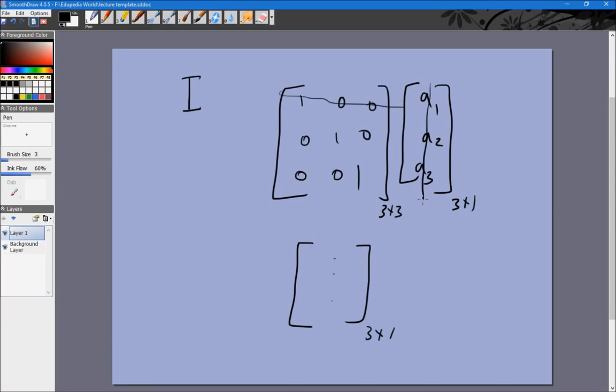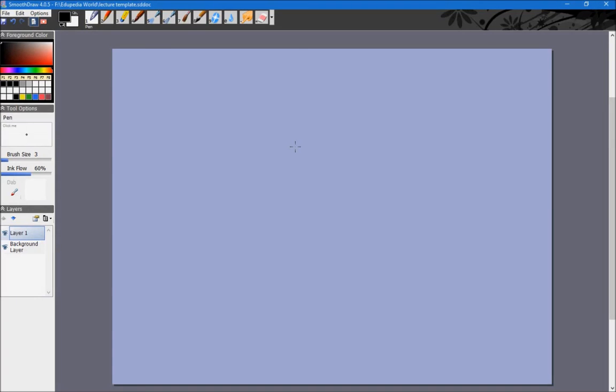This multiplied by this: 1 times A1, and these two are 0. So A1. What is the second entry? This multiplied by this: 0 times A1 plus 1 times A2 plus 0 times A3. So A2. And this is A3. So you see that the identity matrix really does represent the identity transformation, which is a transformation in which there is no change. Another very important transformation is a rotation